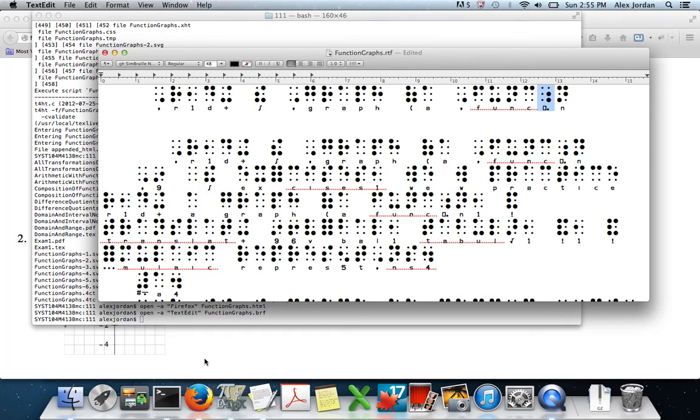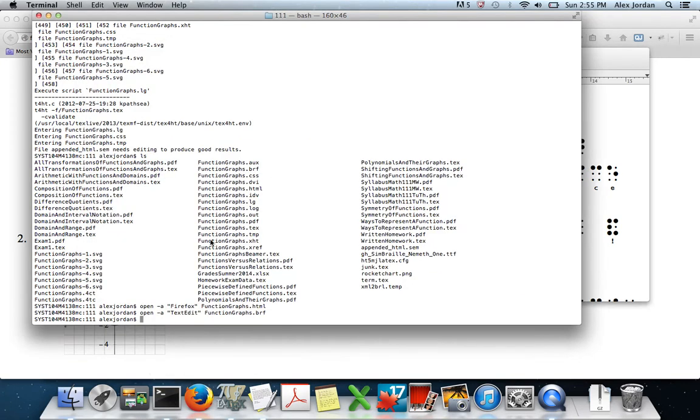The third thing I want to show you, going back to the command line, is how I could relatively quickly create a slideshow for my worksheet. Now we had functiongraphs.tex, the original input source, and I copied that to functiongraphs.beamer.tex. Beamer is the LaTeX word for slideshow. I had to make some alterations to it to tell it where one slide started and the other slide stopped. But once I've done that, then it's a short matter to